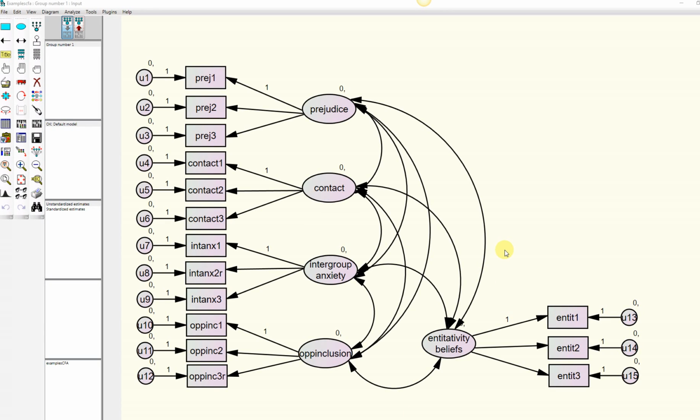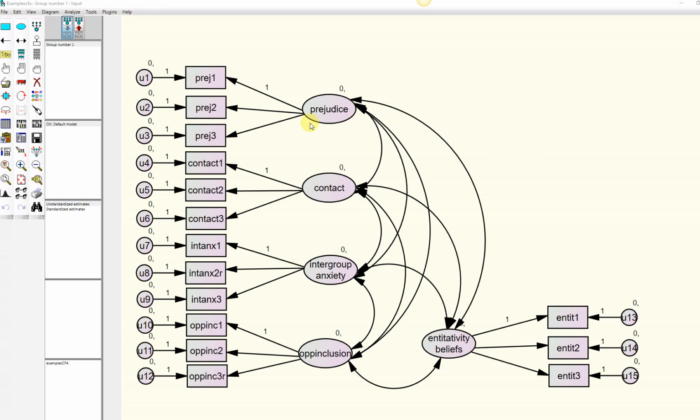In this video, I will demonstrate how you can use the Amos graphical user interface to build and test a confirmatory factor analysis. Basically, confirmatory factor analysis is utilized when you have a priori hypotheses about the factor solution and which, the number of factors, and also where the measured variables or indicator variables should load with respect to each